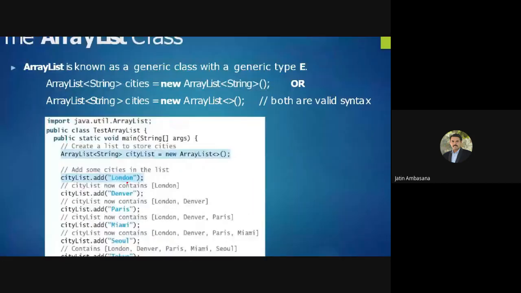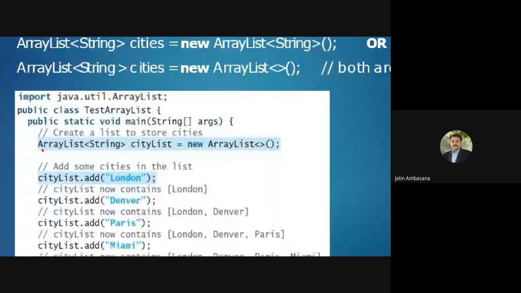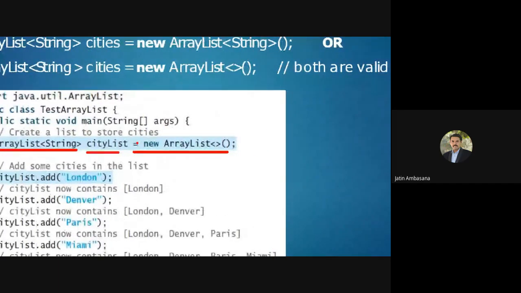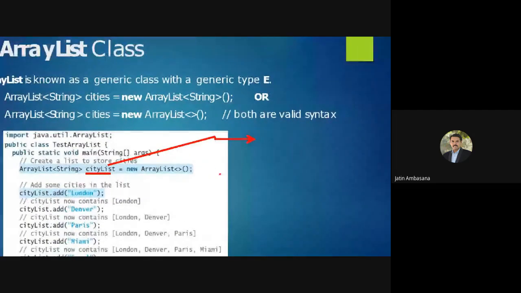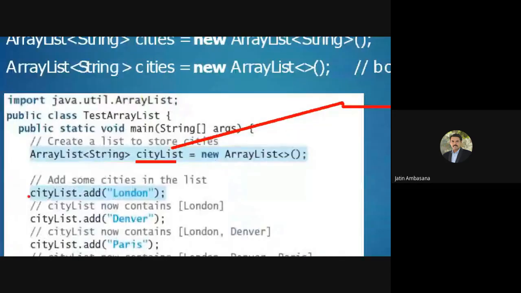What we are doing over here, we are saying in this program, ArrayList of String cityList is equal to new ArrayList. So you have just created an empty ArrayList right now. Okay. So the cityList variable points to an ArrayList. Now it doesn't know what the size and the contents of the ArrayList are, because there is nothing inside it right now.